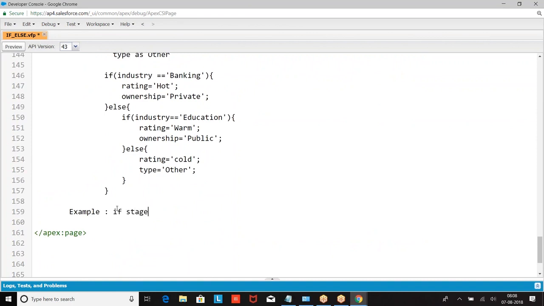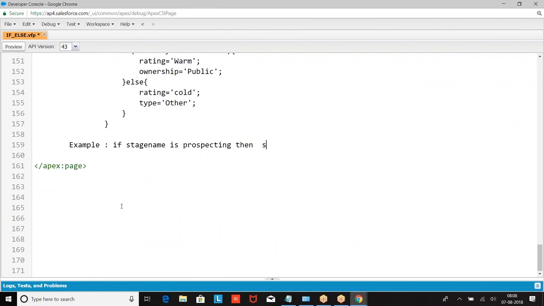If stage name is prospecting, then set close date as 15 days from today, flag as false, type as new customer.